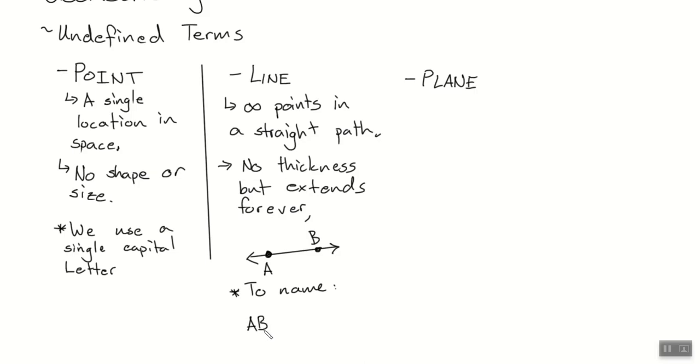Okay, so if I write AB like this, and this is where ears and eyes open because you're going to see this and I will destroy you for this, just so you know. I don't have it yet. If I write AB with this, it means something different than what I'm after right now. I want to name this thing as a line. A line goes how far in each direction? So we need to make sure that this is here. Okay, this is a pretty common way to name a line.